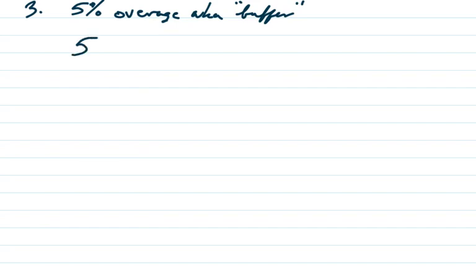Part number 3 mentioned something about a 5% overage or a buffer, which is something that always happens with estimates, right? You can't ever exactly plan how much everything is going to cost. Lots of things come up along the way. So this is 5% of our $2.5 million,